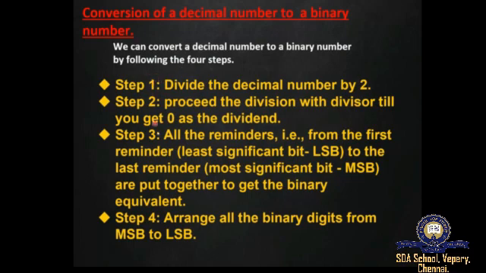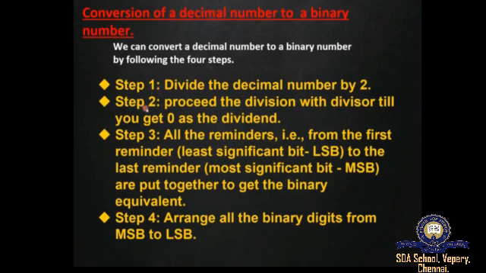There are totally 4 steps we have to follow to convert a decimal number to binary number. Note down the 4 steps in your classwork for future reference. First step is to divide the decimal number by 2. Why do we have to divide the decimal number by 2? Because we have to convert a decimal number, so we have to divide the decimal number. Why this 2? Because we have to convert to a binary number. The binary number base value is 2, so we have to divide the decimal number by 2.